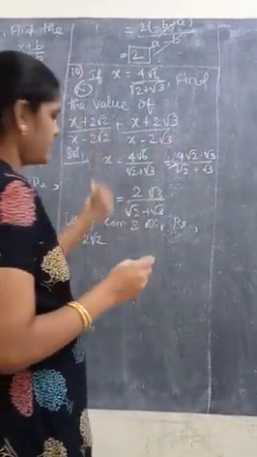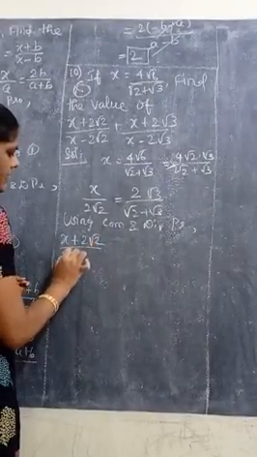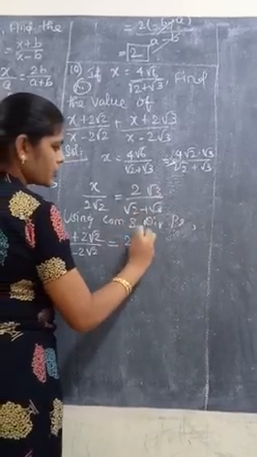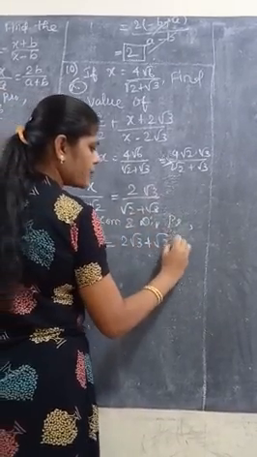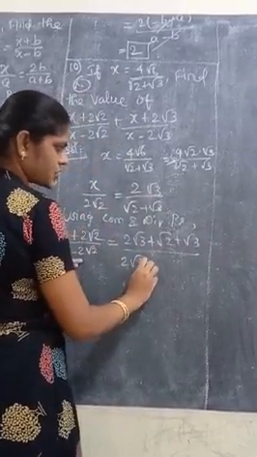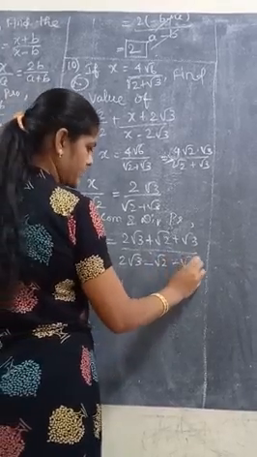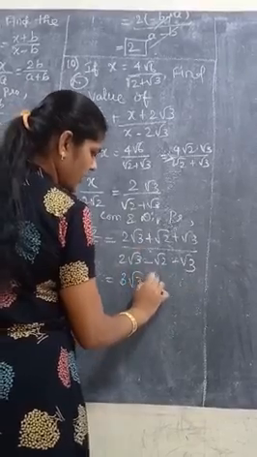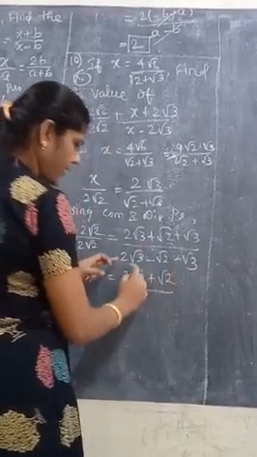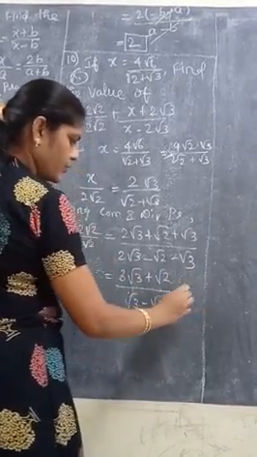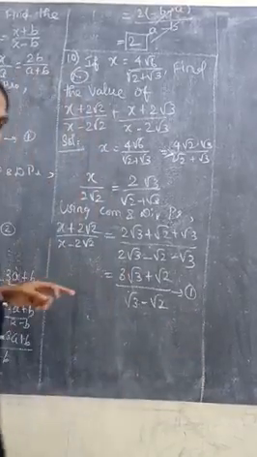So x plus, in this term, if you take 2 root 3 alone, we can take this term. So 2 root 2 divided by x minus 2 root 2 equal to here 2 root 3 plus root 2 plus root 3 divided by 2 root 3 minus the term, so minus root 2 minus root 3. So 2 root 3 plus root 3, 3 root 3 plus root 2 divided by 2 root 3 minus root 2 minus root 3, 3 root 3 minus root 2. Take this as equation number 1.